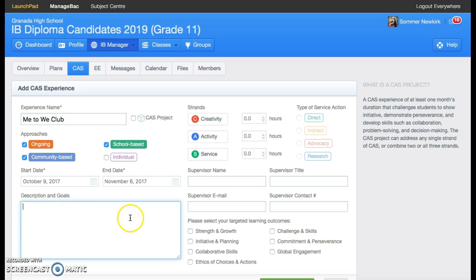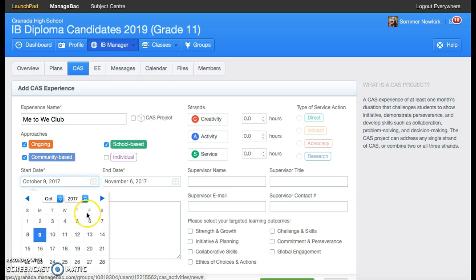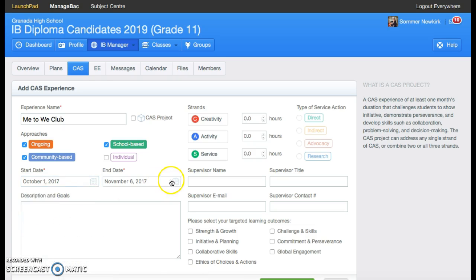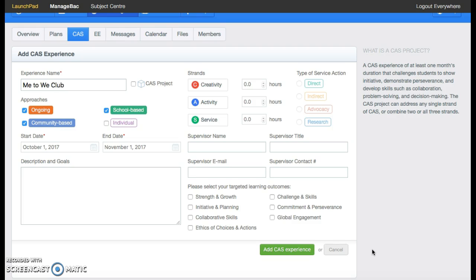All right, what are some goals? And I know this month we had, and we can back it up a little bit. That'll make it easier. So the month of October, we did the Homecoming Carnival. We've been working on several different things in that club. You would type it up here. Your supervisor would be whoever that club's staff member is who's advising it, so that one would be me, okay?